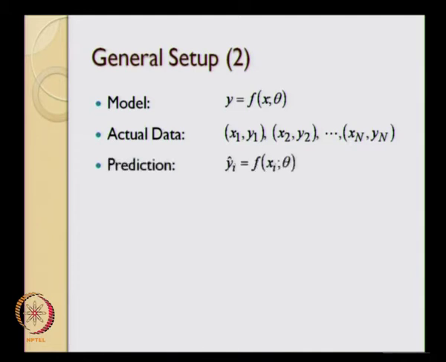The prediction is going to be, now let us say we assume a certain value of theta. Okay, so we decide on a function, we assume a certain value of theta. Once we substitute the value of x, we will get a certain value of the dependent variable y. We call this particular value of the dependent variable y with a hat. The hat represents that it is a prediction. Okay, keep in mind that this is the model, whereas this is the prediction from the model. So what we have done is we have substituted xi over here and we will get the value of yi hat.